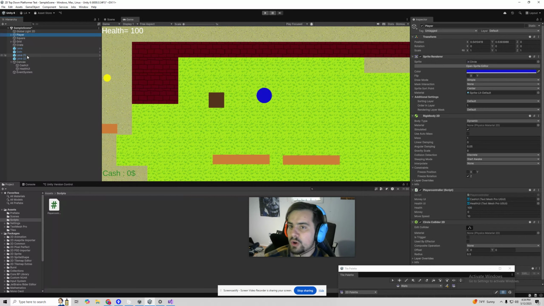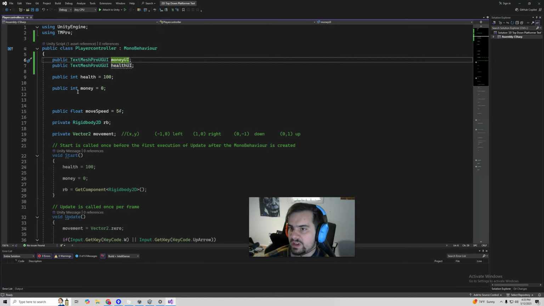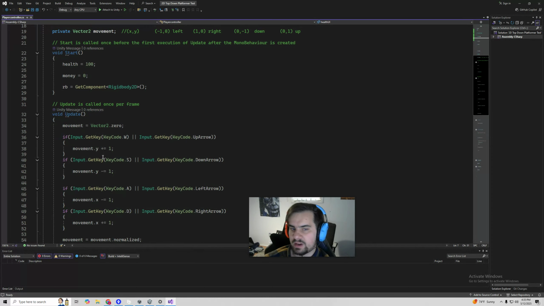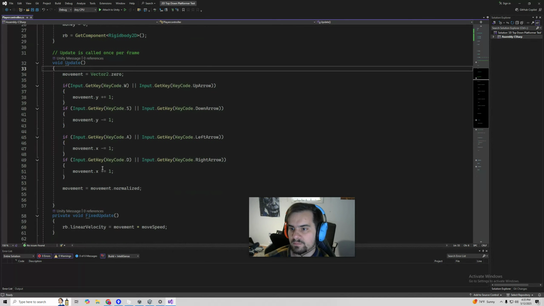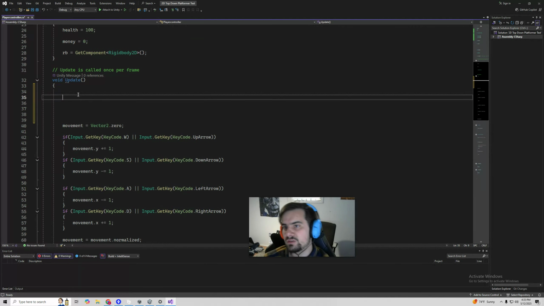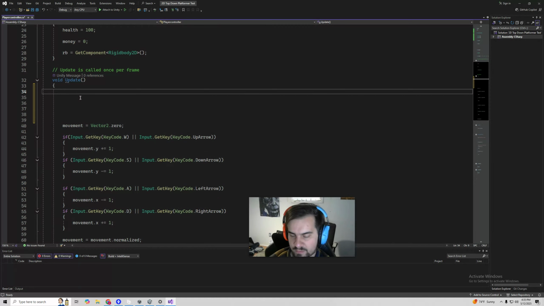Now the player knows where these UI elements are. We gave him a reference to them, so the player can change them now. Now that we've told the player that we have this cash UI and this health UI, we can change these things in the player's code. So I'll go to the update function, and I'll create a new line of code at the beginning of update that's going to